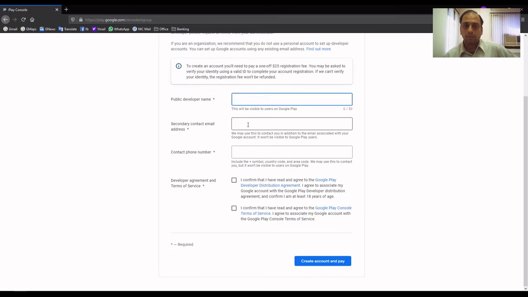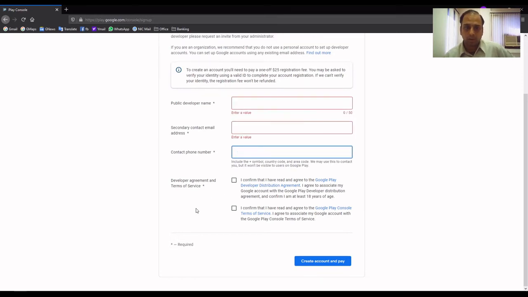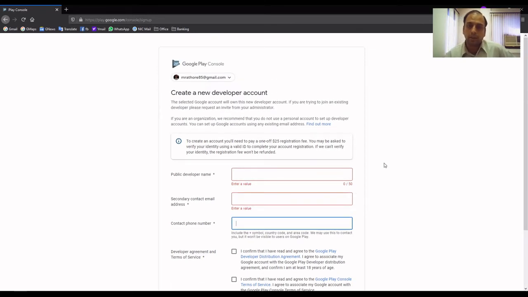You give the developer name, email address, contact number and everything, create the account and pay. You will be redirected to the payment page where you will be charged $25. You can pay through net banking or credit card, and then you can start uploading the APKs.